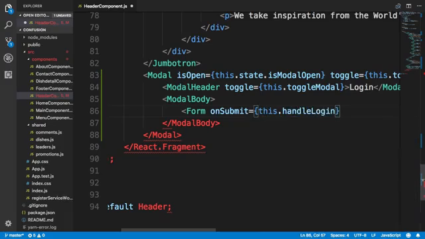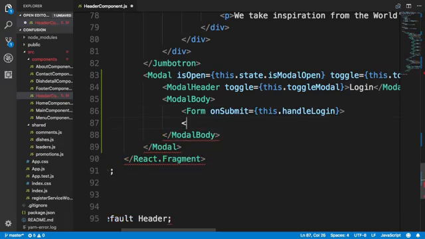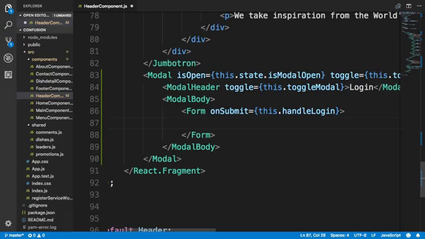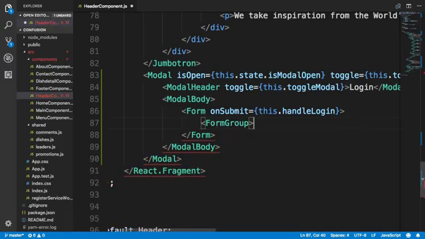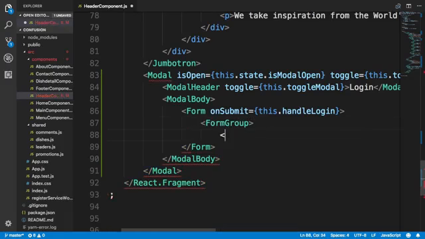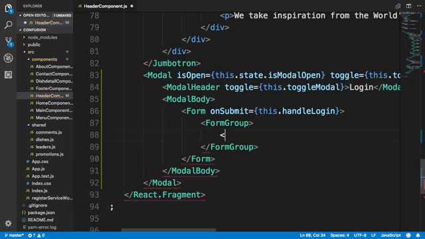So what that means is that I'm going to implement this handle login function a little bit later, and then close the form there. Now, what do we do inside this handle login form? So we'll say form group. We have done this already, so this should be familiar to you, how we set up forms using the Reactstrap form elements. Form group, label, htmlFor